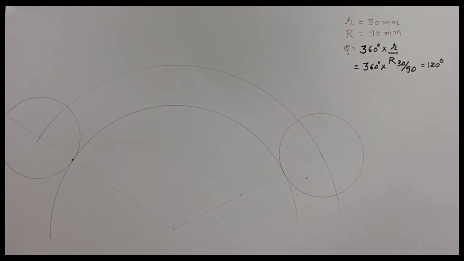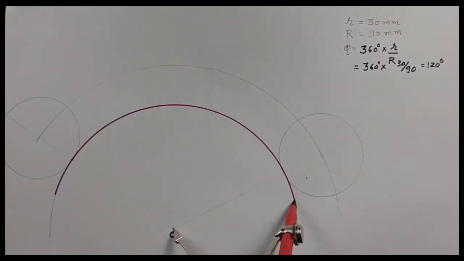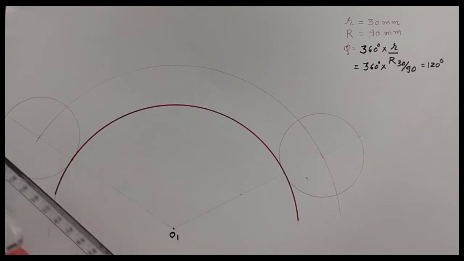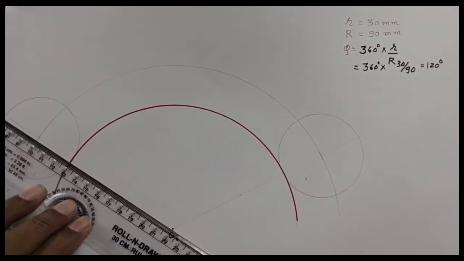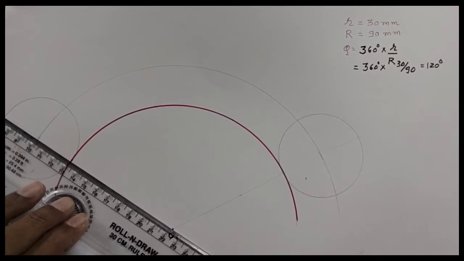So first we take the 90 mm radius and decide the center of the directing circle as O1, and we draw the directing circle. On this directing circle, we mark one initial position, that is called our starting point. So we draw one line,